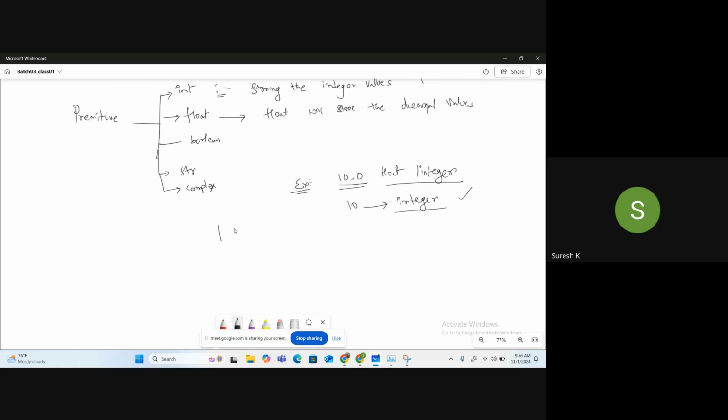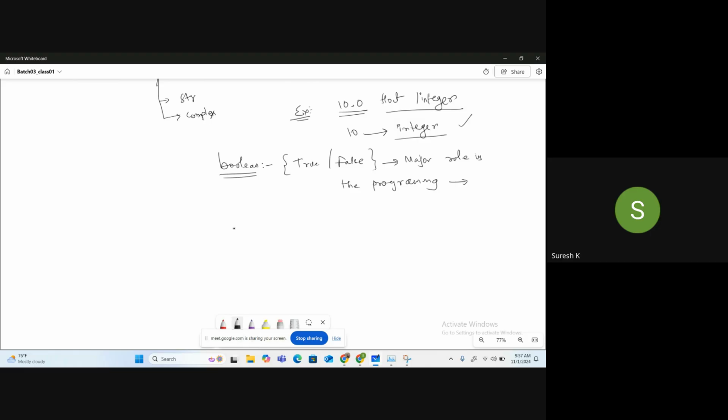What do you mean by Boolean? True or false. This plays a major role in programming. String refers to characters.